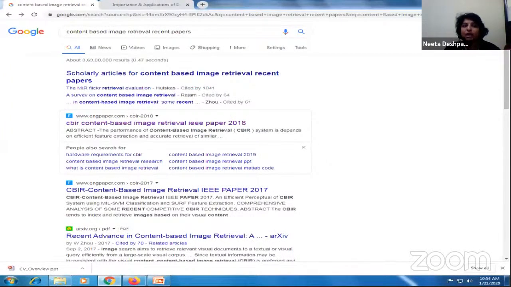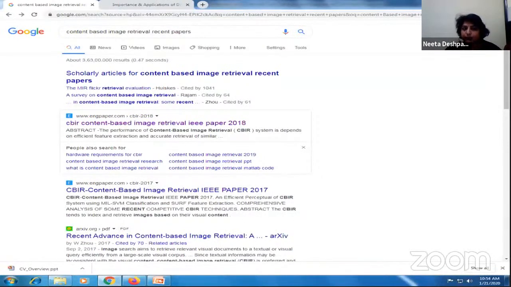Then I go into Google and I search CBIR recent papers. So I get n number of articles available in CBIR. So this is a very random search. Now I don't know out of this available search which papers I must select. So as I told you, it's better we select the papers which are of the recent 2 years. So maybe I will search the papers of 2019-20. If I don't find 2019-20 here, I'll go on searching the papers for 2017-18, let's say. And then I go ahead. So these are the papers that are available.